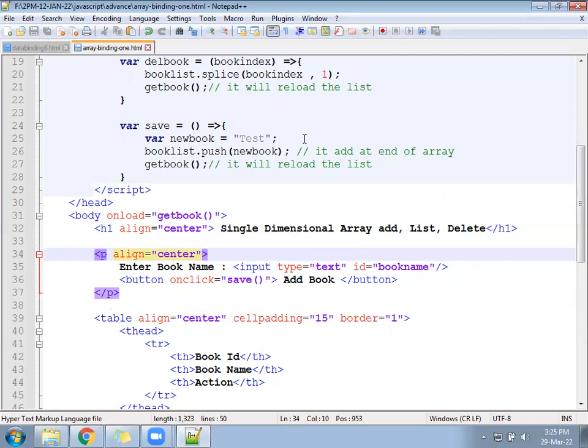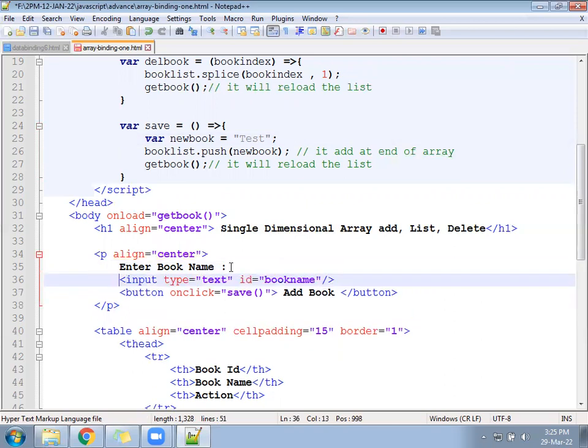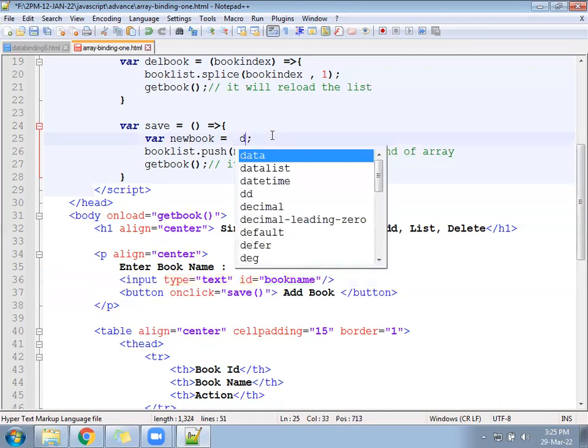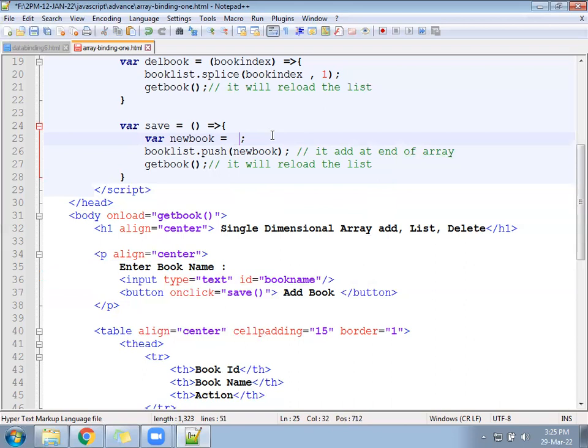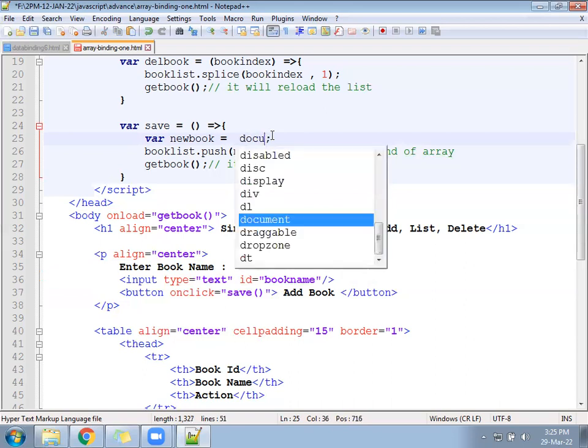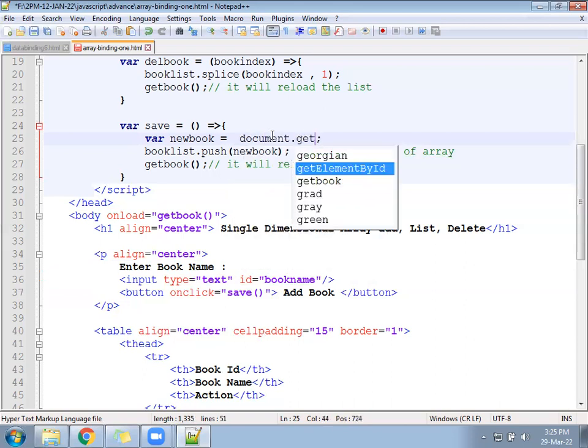Then we'll go to JavaScript and ask the save function to check in the current page where the text box with ID book name is, take its value, and then give it to the push function. So at this place we will write document dot getElementById.